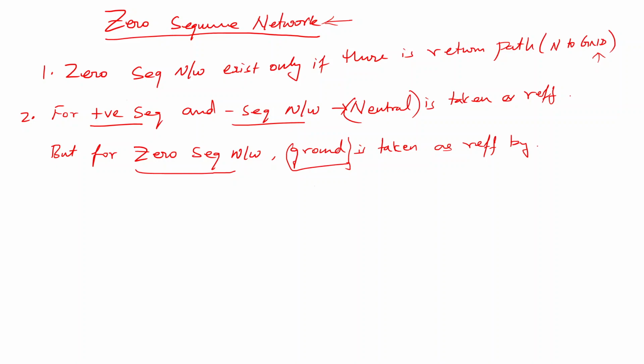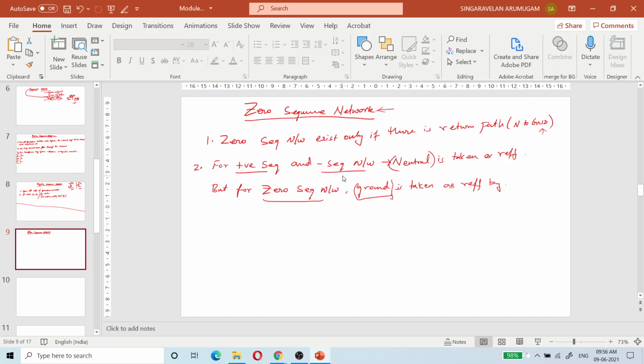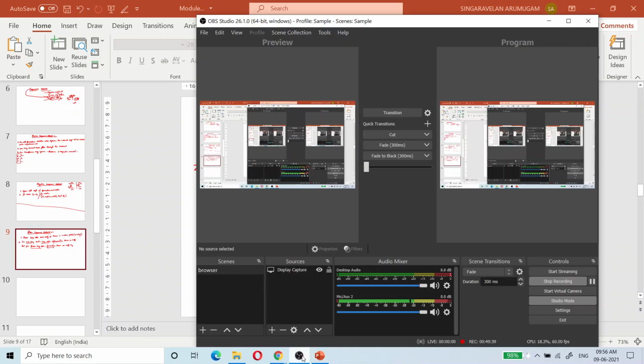The fourth module and fifth module are very minimal because the third module has been given in detail. Okay, the fifth module is also simple and easy, right? Only the third module has more content, but that will help you to understand the fourth module. Okay, so that's all about today's class.